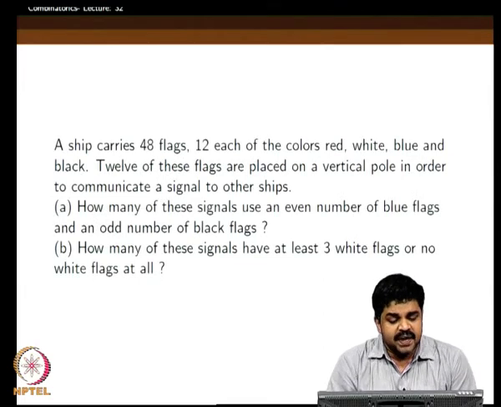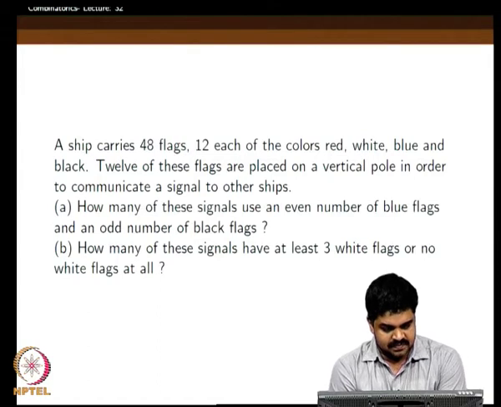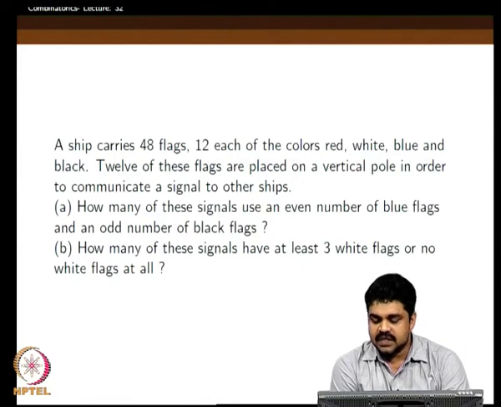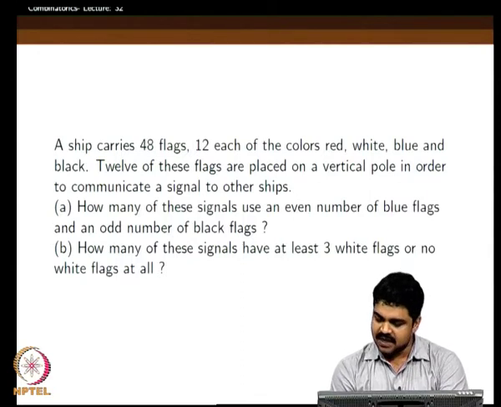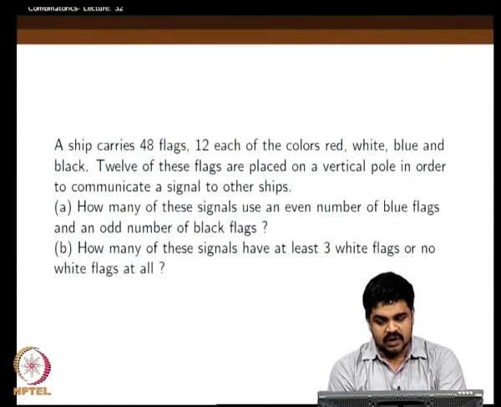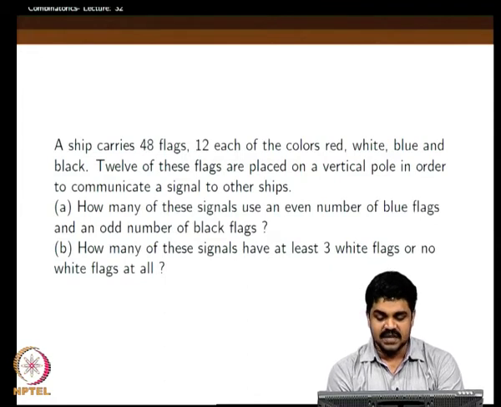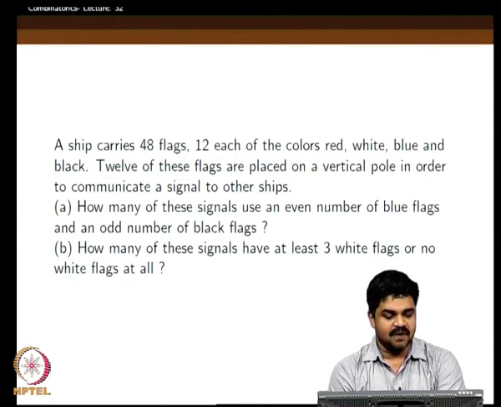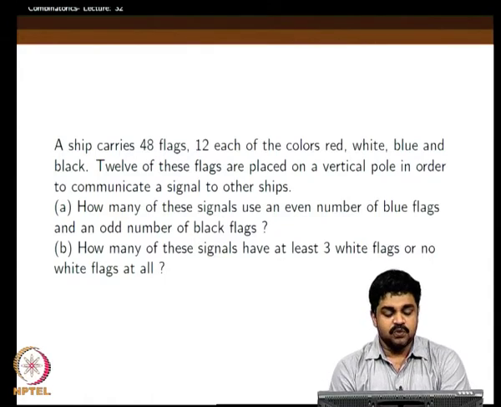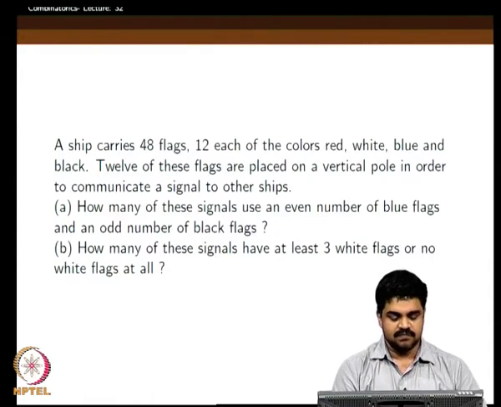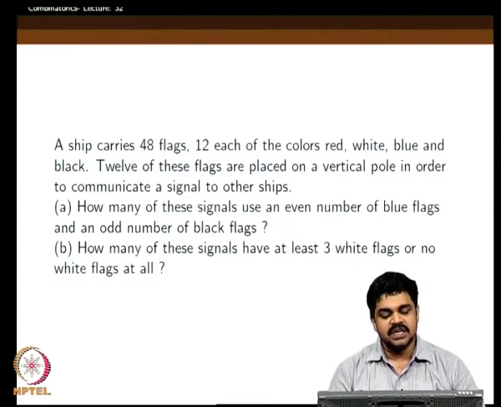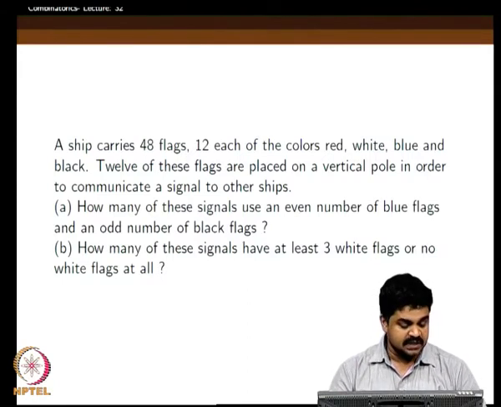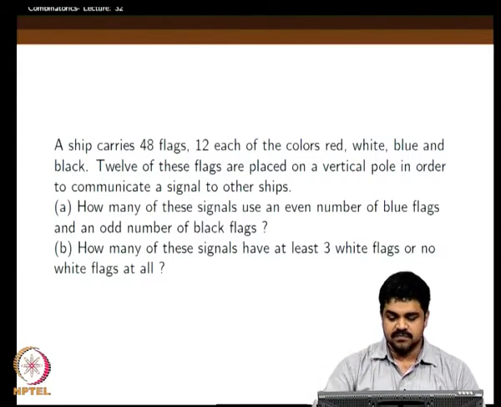So, a ship carries 48 flags, 12 each of the color red, white, blue and black. That means, we have 12 red flags, 12 white flags, 12 blue flags and 12 black flags. When they want to give a signal to another ship which is coming near, they will use 12 of these flags. Out of these 48 flags, they will take some 12 flags and arrange them